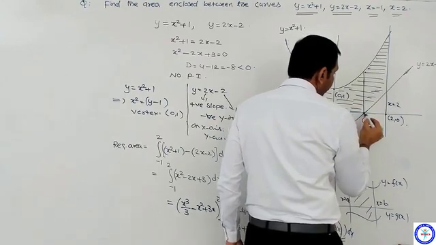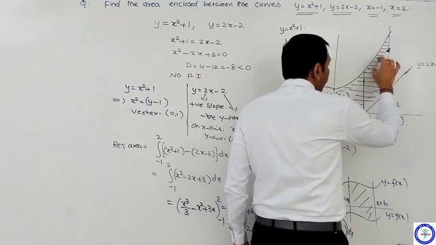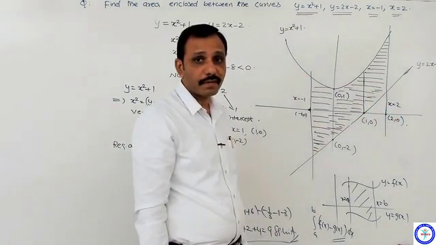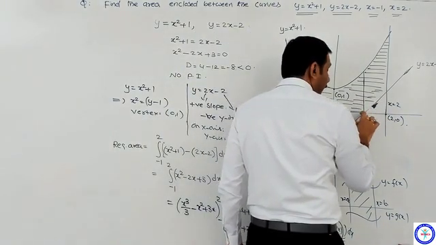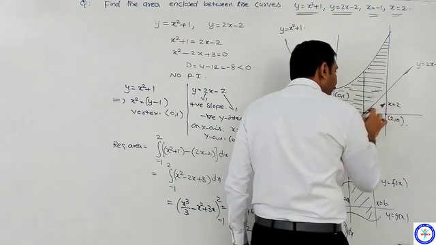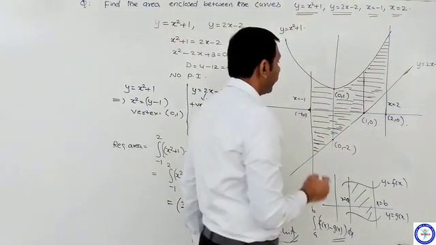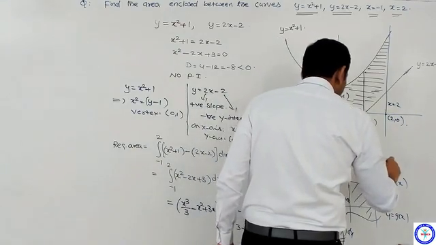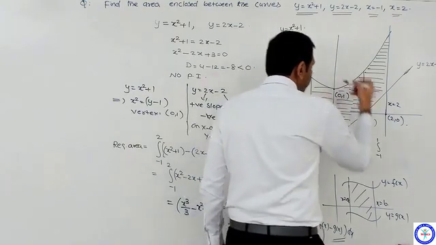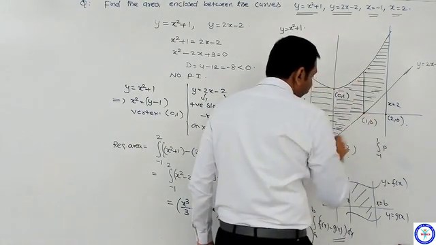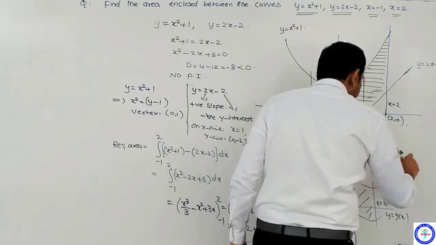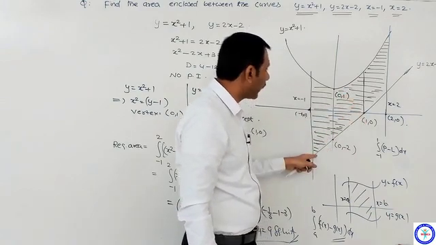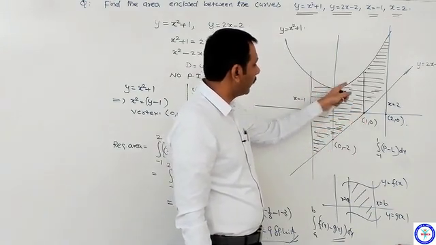If I take from minus 1 to 2 this parabola, I will get the shaded area plus the unshaded area with the x-axis. But I don't want this. I will subtract this. Minus 1 to 2 bounded by this line I will take, and I will get that area. Let me write it. Therefore, this part area is integral minus 1 to 1, this I will take a parabola, and this is a line. Observe this please. Minus 1 to 1 parabola minus line gives this area, because it is the area between this parabola and line,